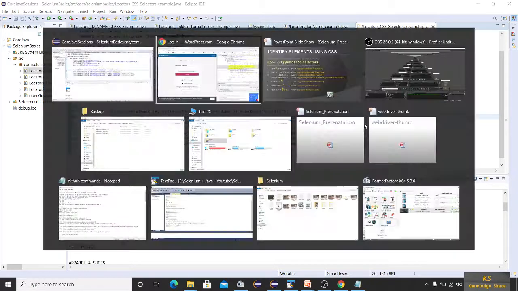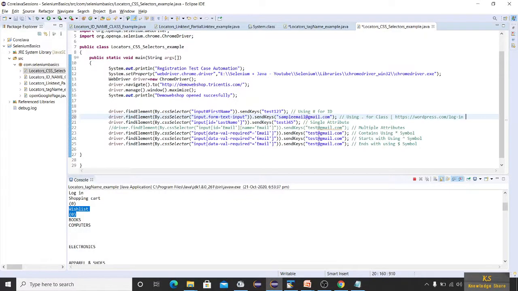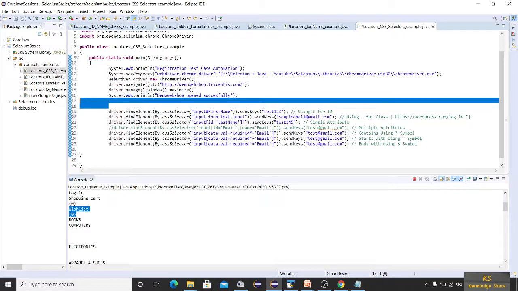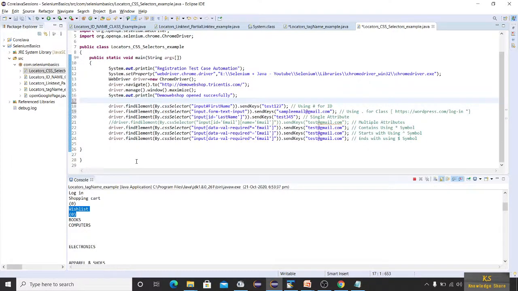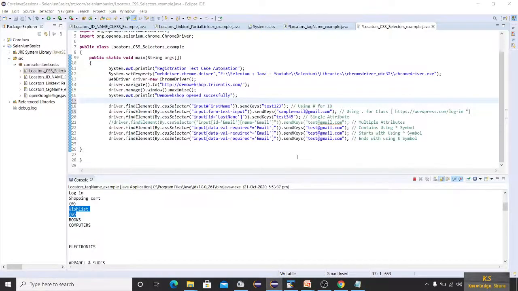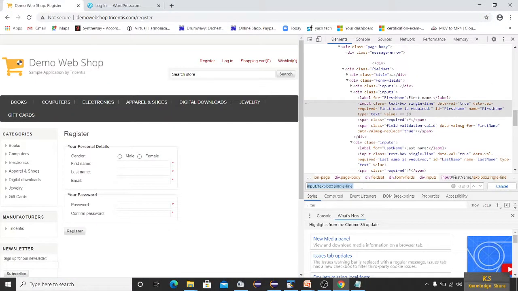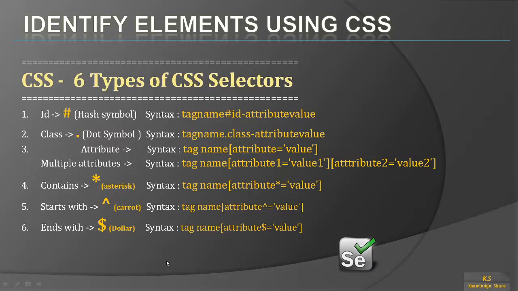I'll be giving this URL here so that you can remember that this is related to a WordPress website. I'll be pasting this code in the description box so that you can practice easily. We are not going to do any registration now. We are just trying to learn CSS by manually writing CSS here using all these items.